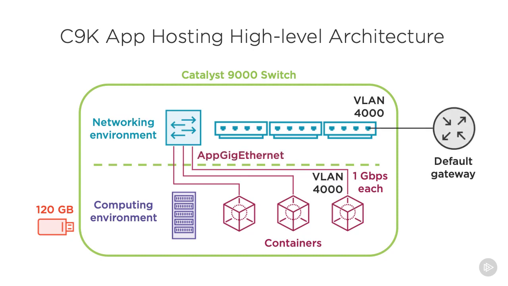From the switch's perspective, the virtual interface named AppGigabitEthernet provides connectivity to each app. Keeping it simple, individual devices can be placed in specific VLANs, then bridged to other ports. In the demo, we'll put the app on the Sandbox Management VLAN so that I can access it from my laptop. In our case, that's VLAN 4000. From the container's perspective, we will assign eth0 to behave like an access port in VLAN 4000. That will allow me to browse to the CRM app homepage across the DevNet VPN.